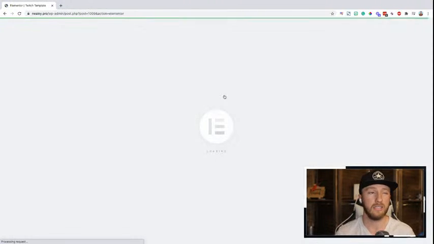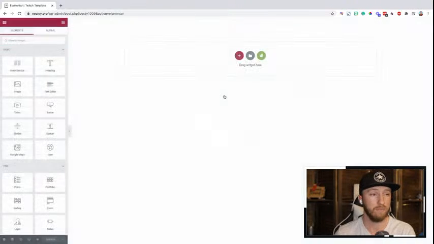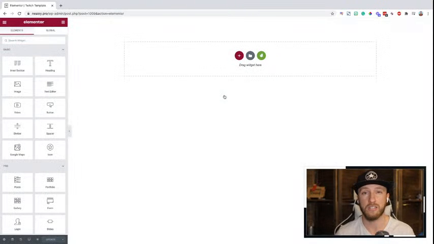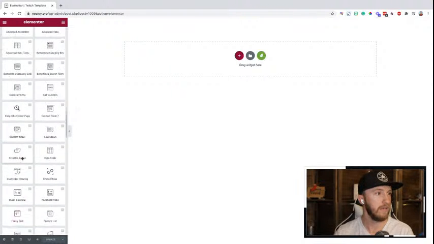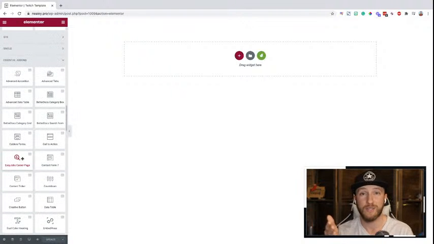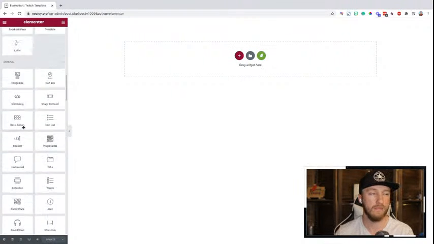I personally love Elementor just because it is incredibly easy to use. There's a little bit of a learning curve because there's a lot of different settings and features, but it can do a lot and it's pretty robust. And there's a lot of third-party additions that make it that much better. I pretty much use Essential Add-ons. Yes, Essential Add-ons is my go-to third-party plugin, but I also have Elementor Pro